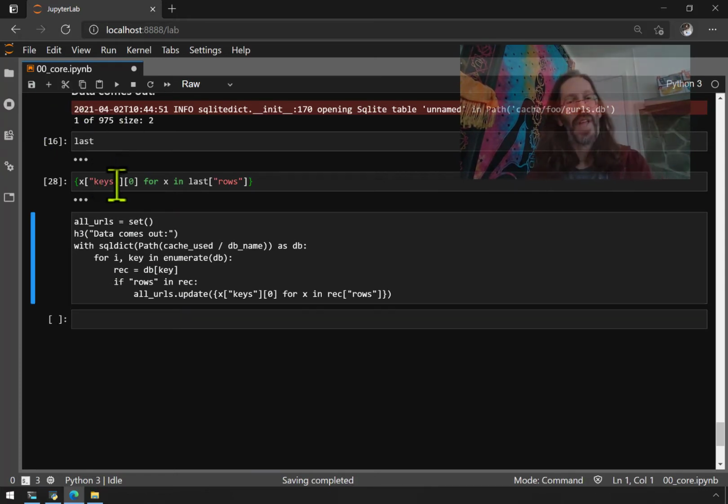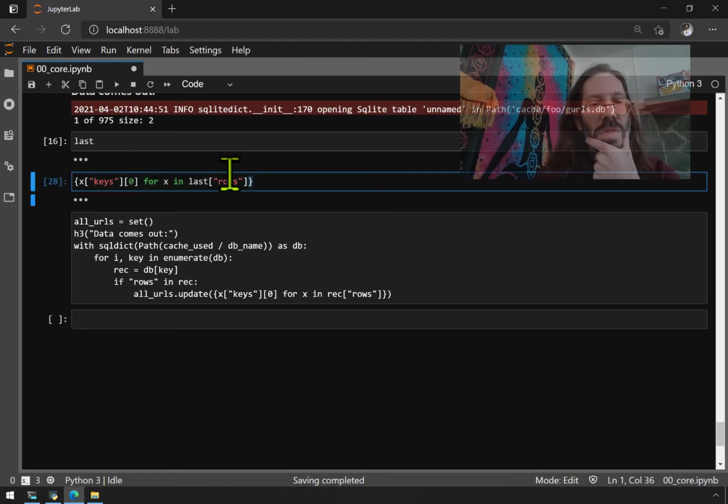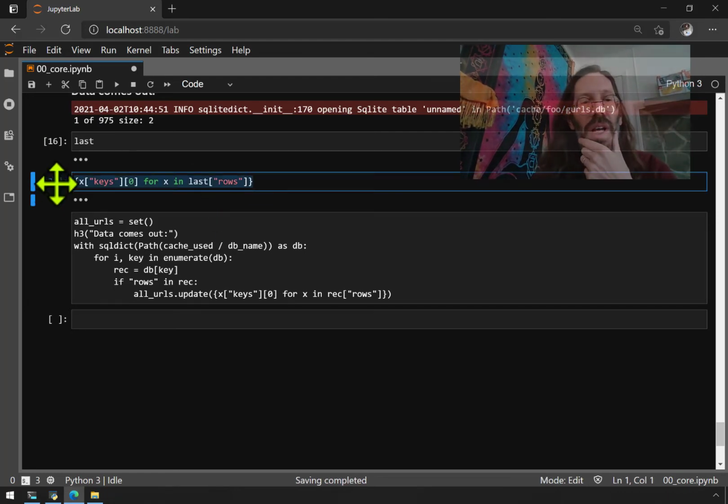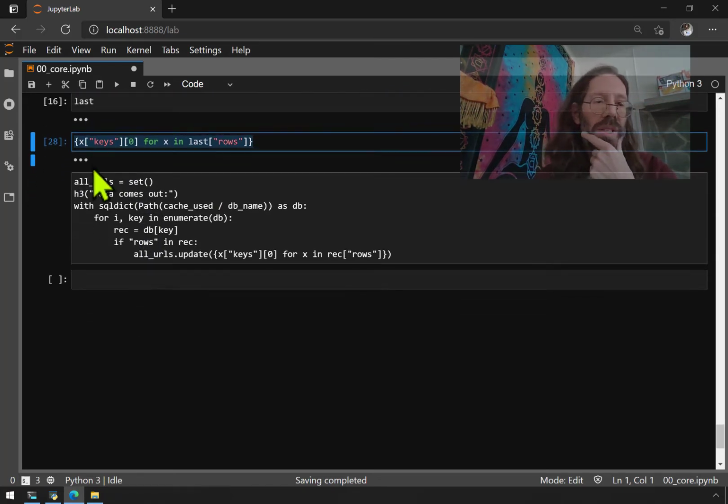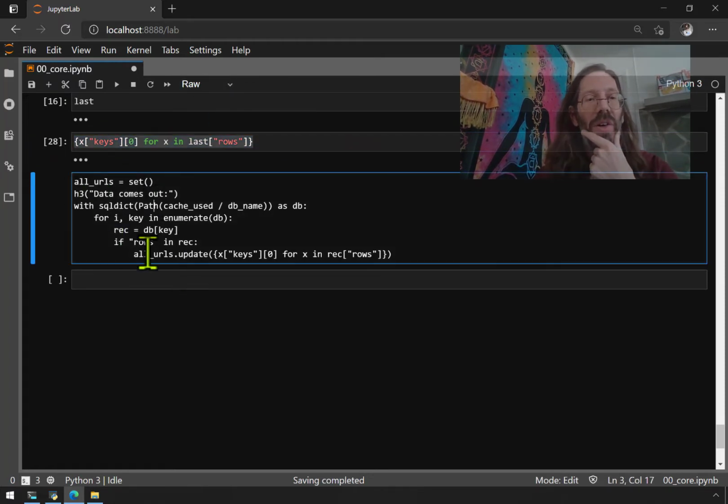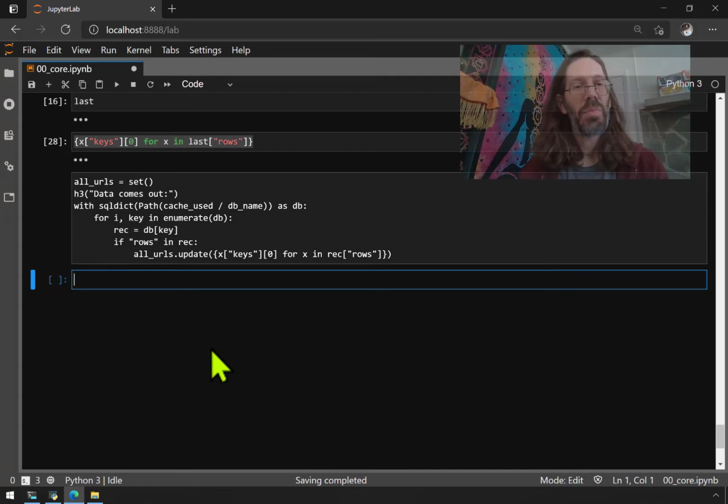I showed you the creation of that. Now we're going to transition from this idea, doing it for a single key name value pair found in the database, to doing it for everything in the database. And I could just turn this from raw back into code and show it to you, but I'm going to reproduce the concept here. So